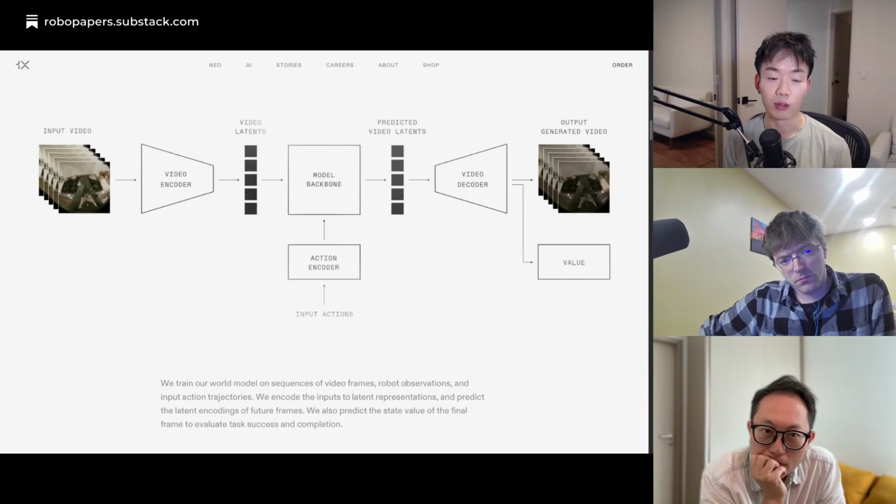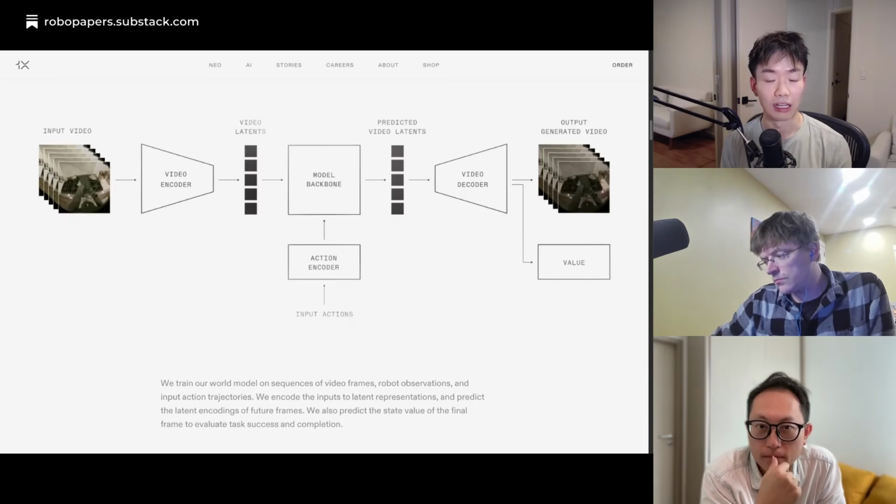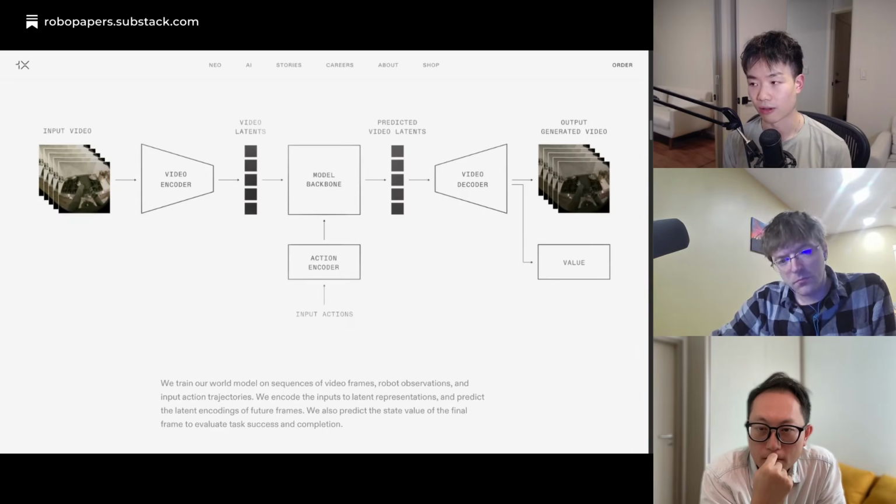You could take multiple different actions from the same state. Let's say each action was predicted by a different network. And then by passing it through the world model, you're able to see different values, right? Maybe with VLA number 1, you got a value of 0.3. With VLA number 2, you got a value of 0.5. And so you could say that VLA number 2 performed better. That action sequence seemed like it was better, at least the world model judged it better.